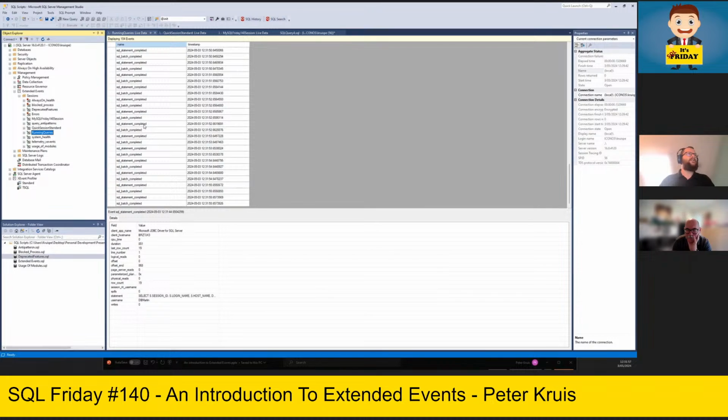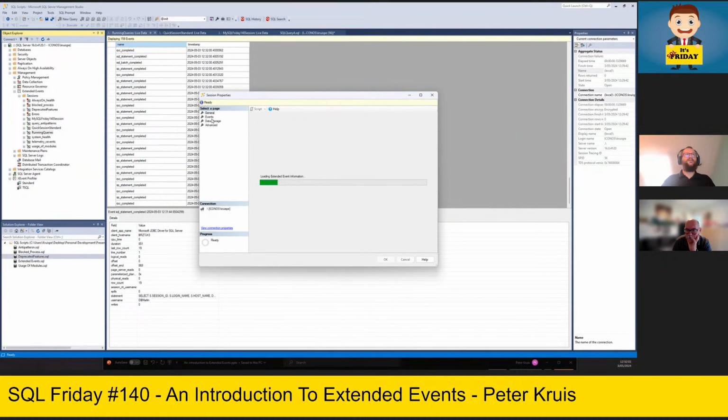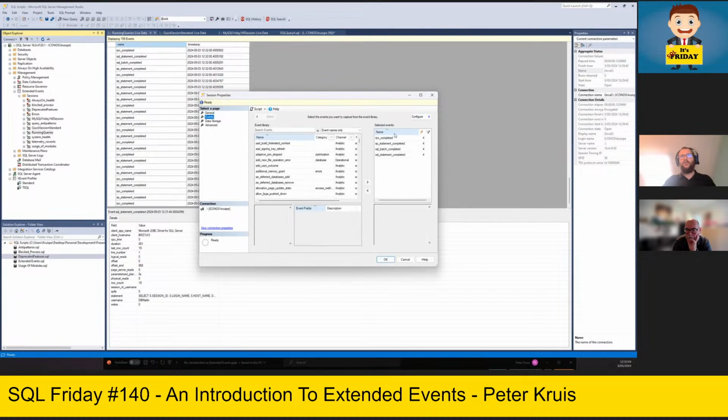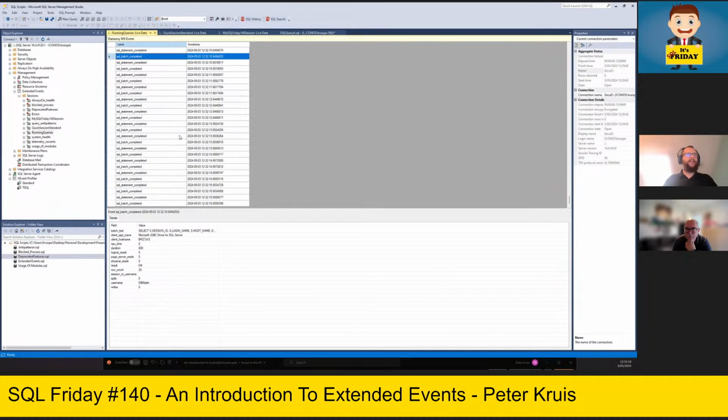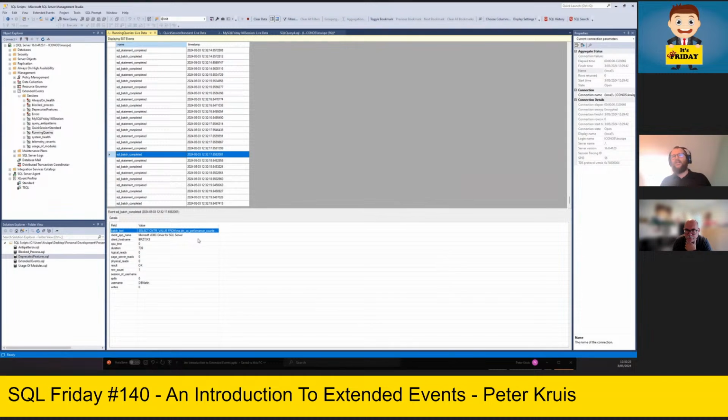It also has some of the same things I've just shown before on your events: RPC completed, statement completed, batch completed, and statement completed itself. When I first open it, I can see the name and the timestamp. And yeah, I can click it, and I can see, oh, this is my query. And when I click another one, this is my query. And that really doesn't make a lot of sense when you are trying to find your data.